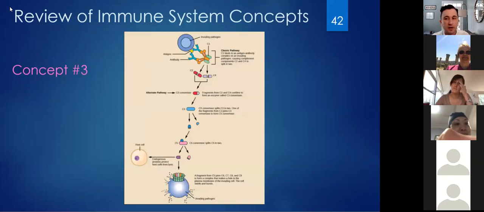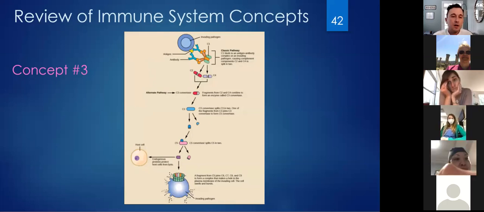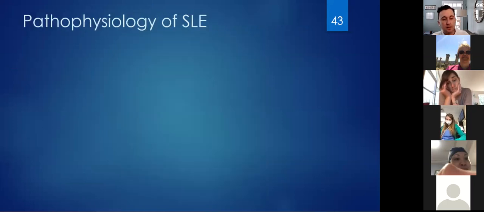The third concept that we need to review before going on into lupus is the complement system. I'm not going to go into depth here. It's really just a reminder. You have this foreign pathogen that has antigens on it that invades the body, and your antibodies are the first parts of the immune system that go after it. Then through this cascade pathway in the complement system, starting with C1, going all the way through to C9, long story short, you get lysis of the invading pathogen. Keep that in the back of your mind. All that will become relevant as we move through this.